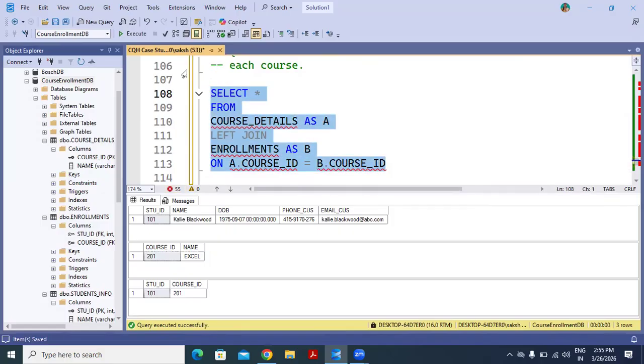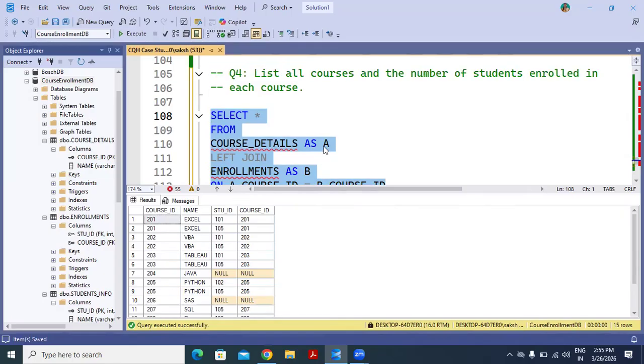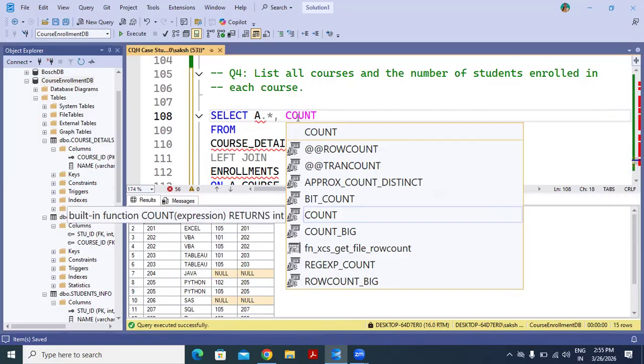Let's try to see what we get. So yes, we got this, but here we want all the courses and the number of students enrolled in each course. So how we will do it? We have to apply the count of the student ID. Now, here we can say A dot all, and we want the count of what?